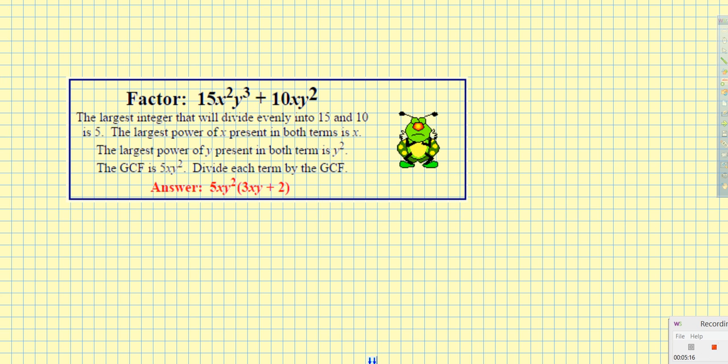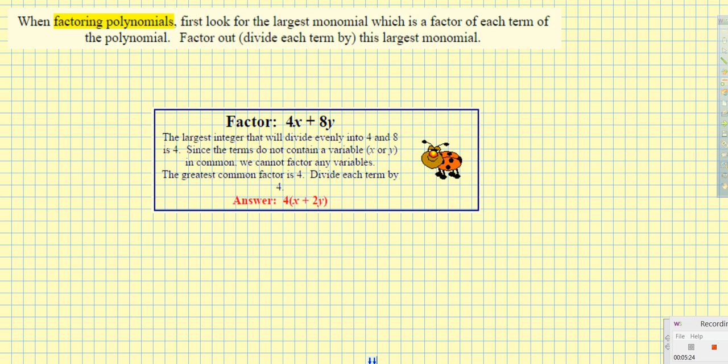Let's try something a little more difficult. I'm just going to give you an example, I'm going to make one up right now. So if I've got 20x cubed y to the 4th plus 4x squared y to the 5th, the first thing I'm going to do is remove my